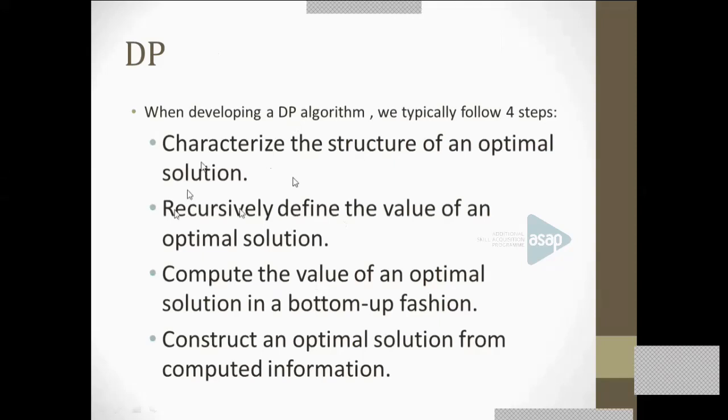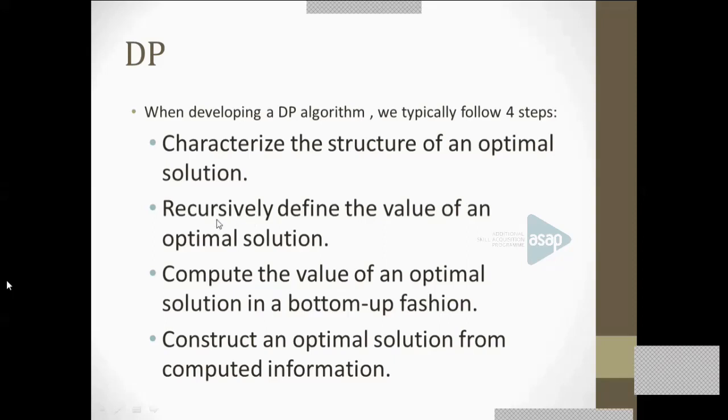Okay. And first one is, since it mainly applies to optimization problems, and one more thing, it always divides the problems into subproblems, we have to characterize the structure of an optimal solution. What is the final solution? What is the characteristic of the optimal solution? That we have to formulate. Either you can mathematically formulate, that is quite easy to mathematically formulate, or you can have a theorem-like statement and you can formulate something like that, optimal solution. This step will be more clear whenever we encounter a specific example. Okay, these are generic steps.